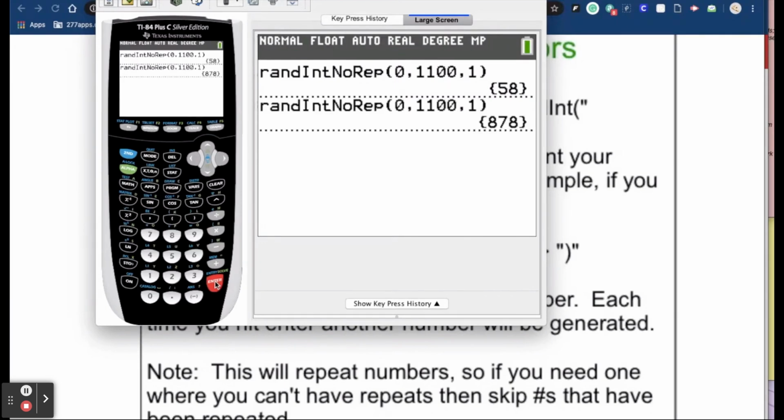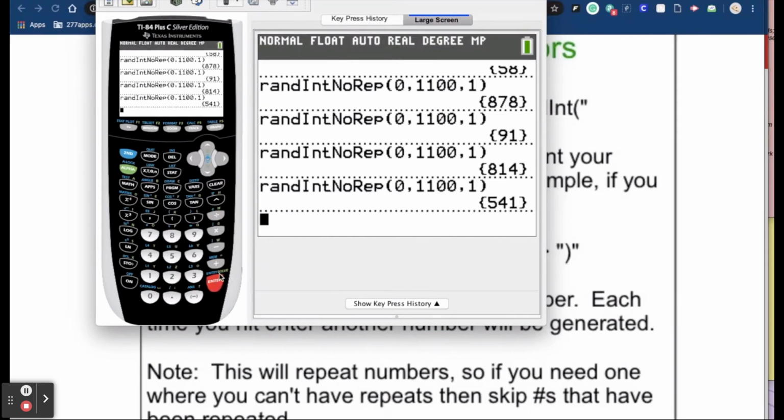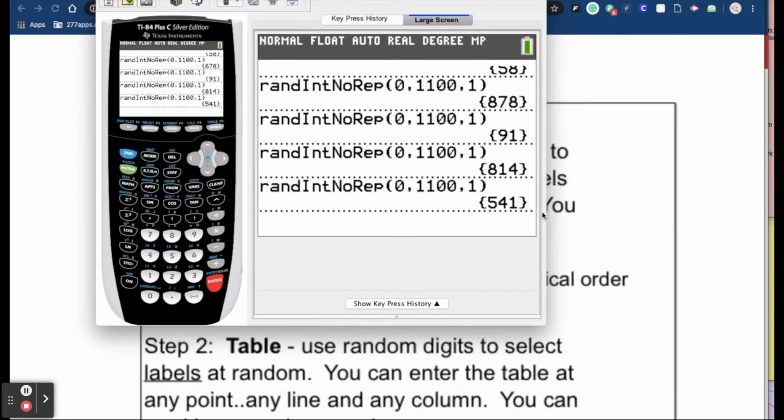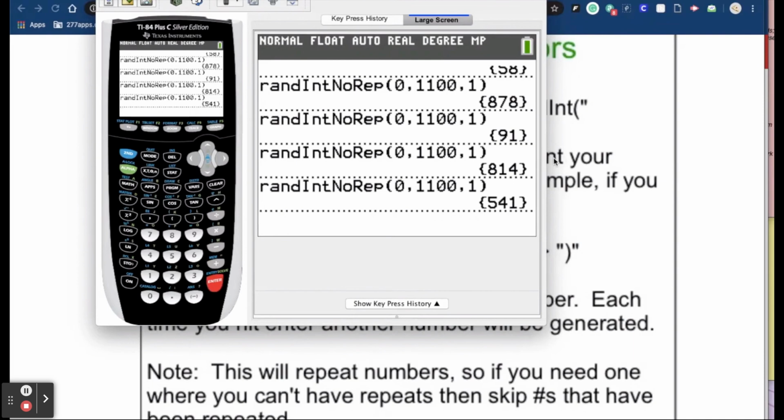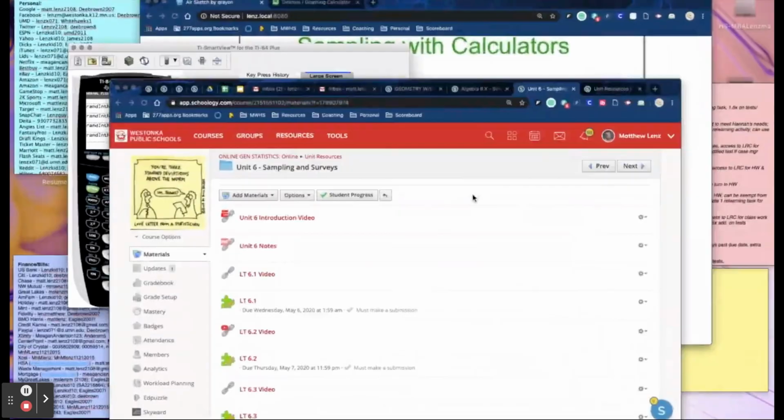Hit enter again. I'd look for student 878. They would be a part of my sample. Do it again, do it again. And so you keep doing that over and over until you get the sample size that you want. Okay? That would be an example of a simple random sample where you are truly just trying to get a random sample where it doesn't look at race, gender, or anything like that as a part of the demographic. Okay,